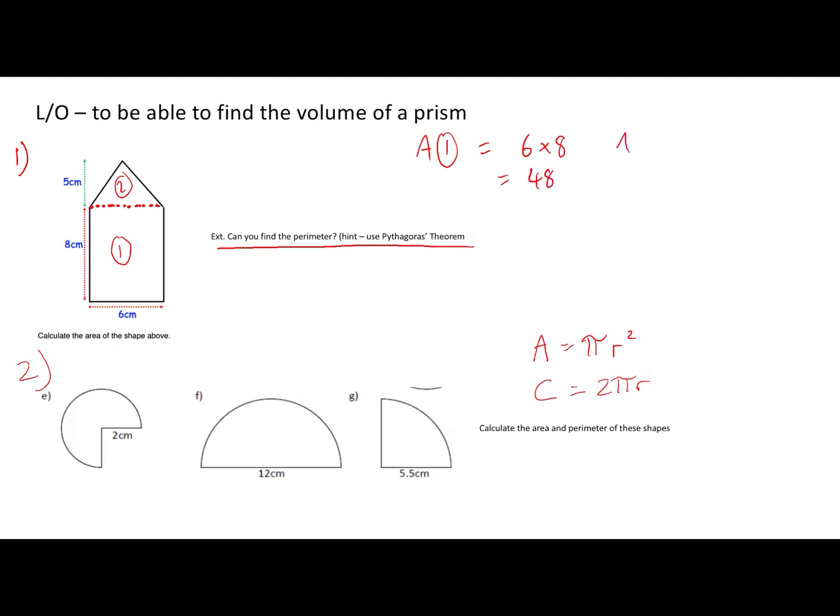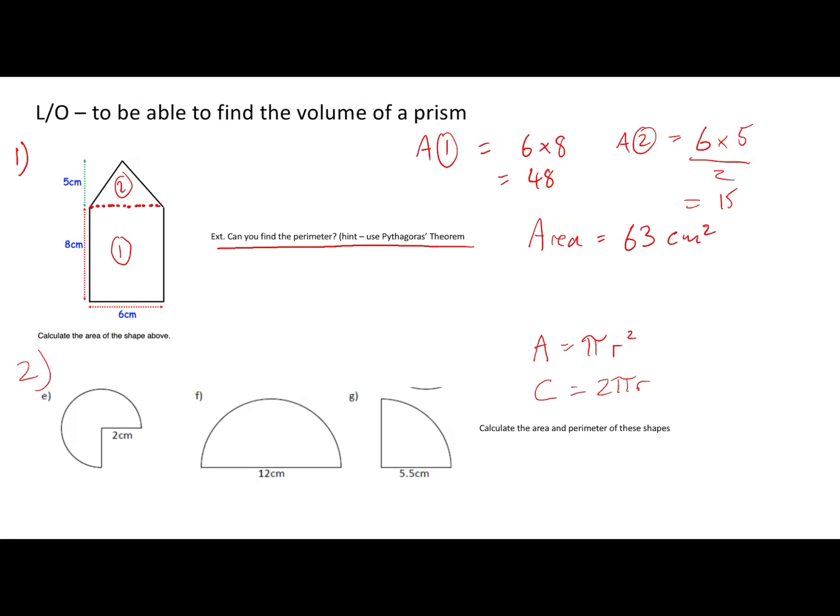So 6 times 8 equals 48. So that's the area of the rectangle. Then we've also got the area of shape 2, which is a triangle. And remember that the area of a triangle has formula base times height, and then divide that answer by 2. So the base of the triangle will be 6, because it's the same as the base of the rectangle, times the perpendicular height, which is 5, and then divide by 2, which is 15 centimeters squared. So the total area is going to be equal to those two areas added together, so 63 centimeters squared. Make sure you're using the right